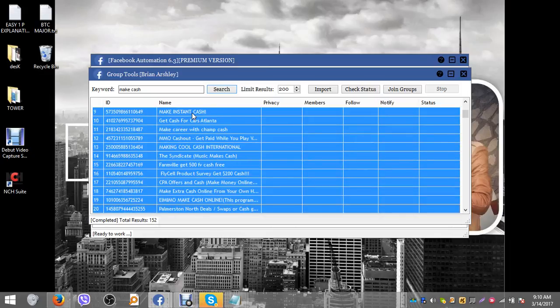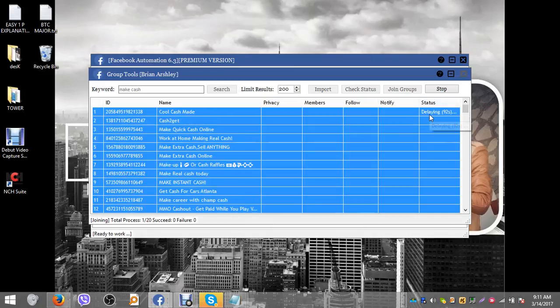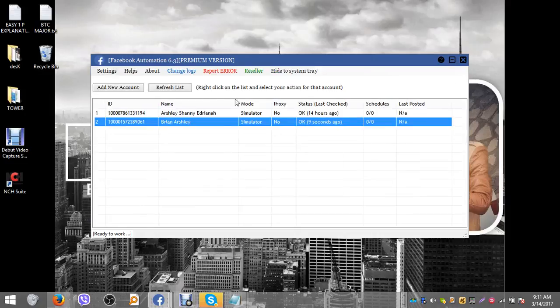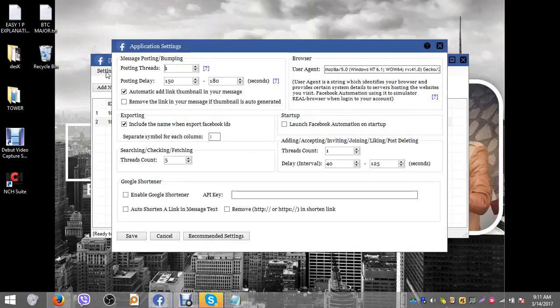That is 20, and you can unhold everything, but don't click in these groups, because once you click in them, the highlighting thing is going to go away. So just move your cursor slowly and click on join groups. Okay, so it's going to begin delaying, and when it begins delaying, quickly minimize this, go to settings, okay, and